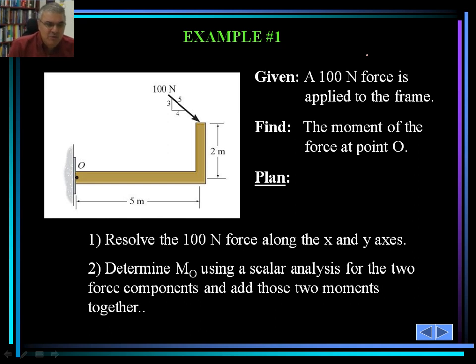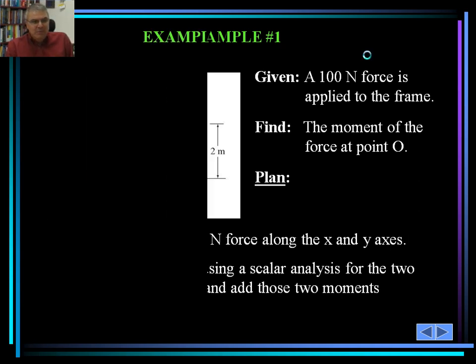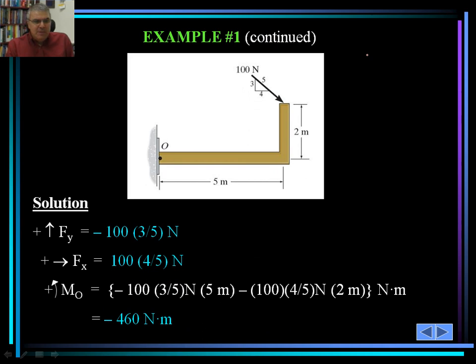Again, in this case, we use a scalar analysis. For the two force components, we add them to simply get the moment. How do we do it? The solution: we take the summation of forces about y and set that to 0. In the y direction, there is minus 100, and 3/5 of that would be the